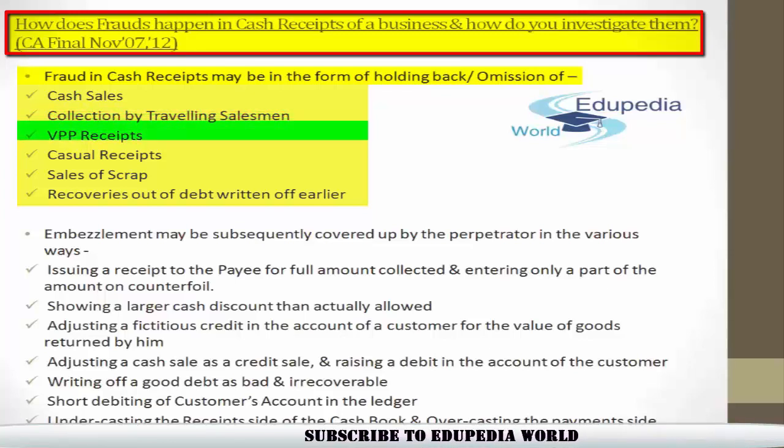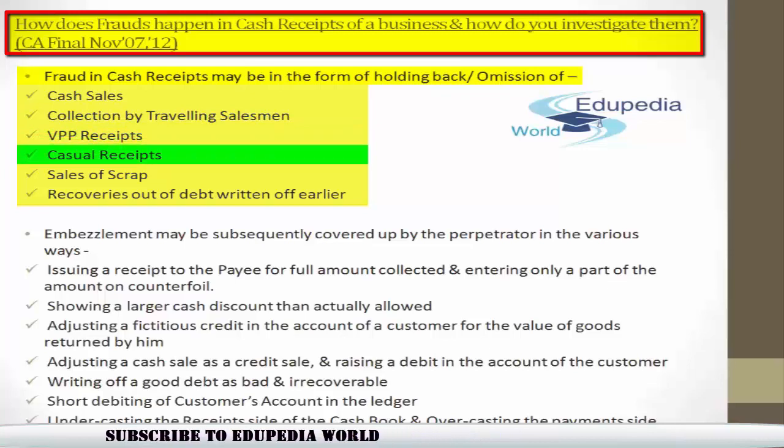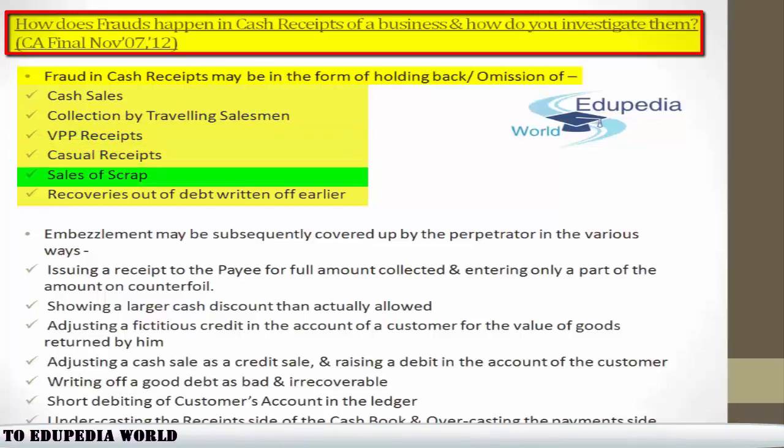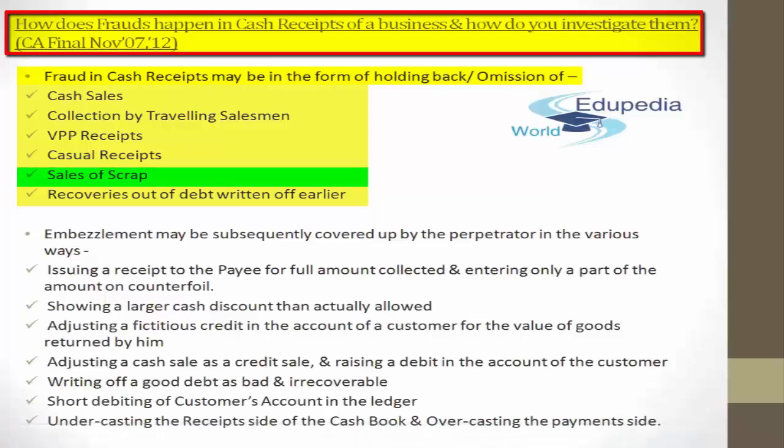Then there come VPP receipts and casual receipts wherein that can happen. Sale of the scrap. Scrap is something wherein most likely there are chances of fraud being involved, because you don't have a specific price that you'll get against the scrap that you'll be providing to the customer. So there are chances that the scrap was actually sold for, let's say, rupees 50,000, and that person is going to tell you, sir, the scrap was extremely worthless and the person didn't provide me more than 25,000. So that can happen in that case.